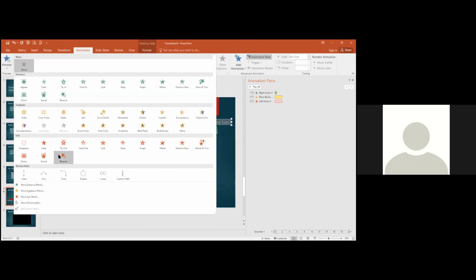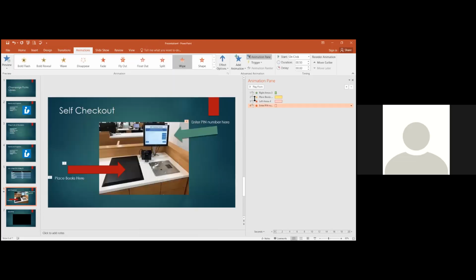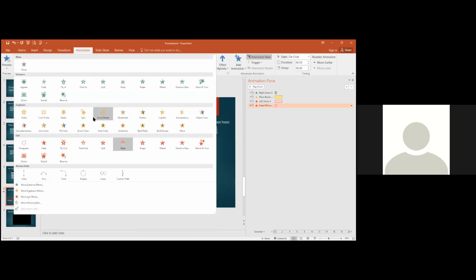There's so many to pick from. I can never decide. Let's do wipe. Okay. So those two are exit animations, and these two are entrance animations. But there's also another one called emphasis, which kind of just keeps that text or shape there, but it emphasizes it rather than appearing or disappearing. And then motion paths are kind of advanced, but